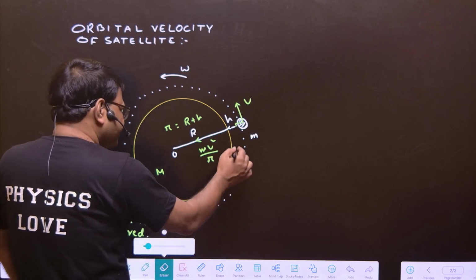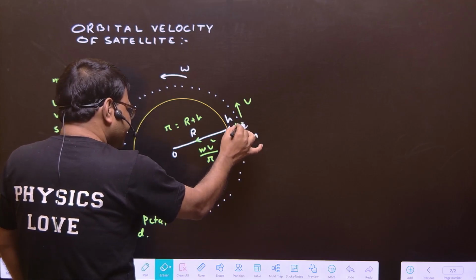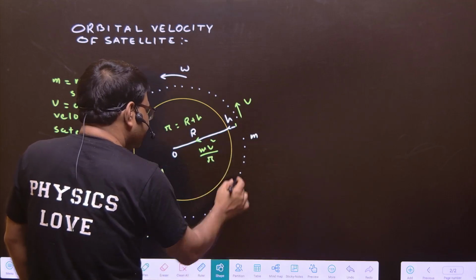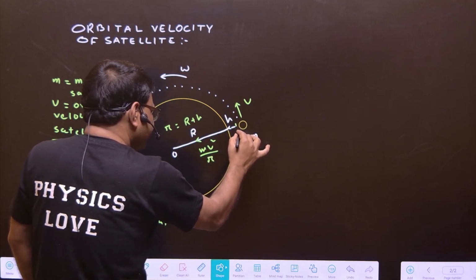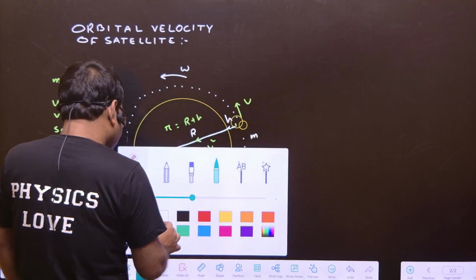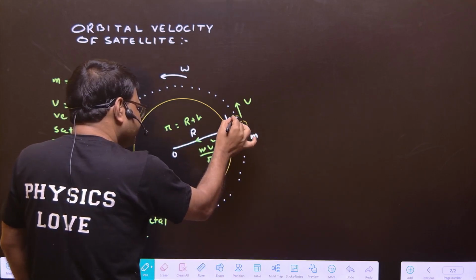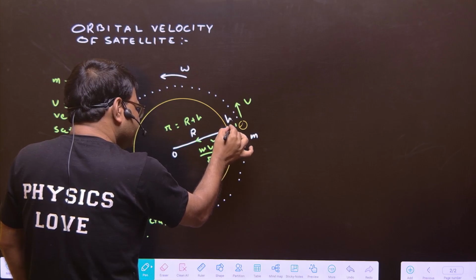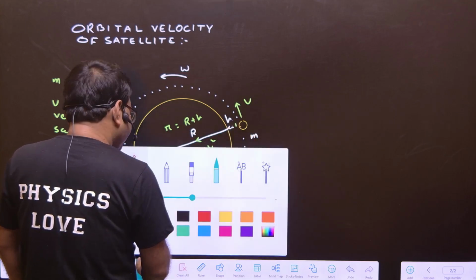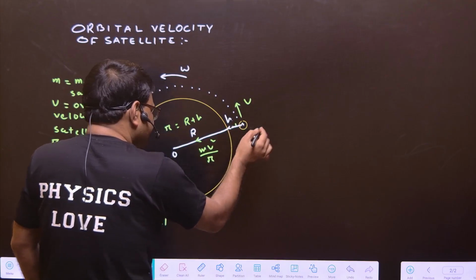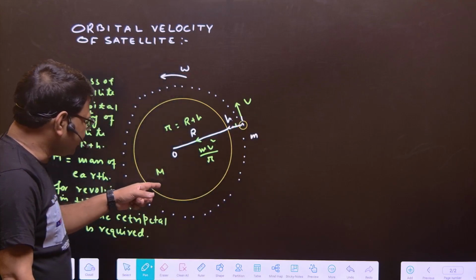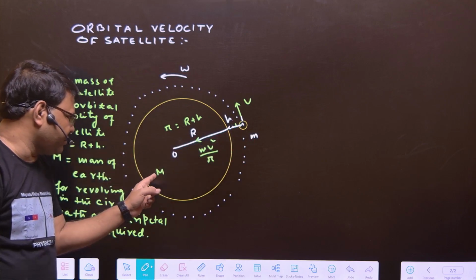Now see, let me erase here. Assume this is the satellite here. Okay, this is the satellite. Clear? Up to this distance. Sorry. Now see here, this mass is small m. This is the satellite. Clear? Now see, this distance is h, and r plus h is the total. This is the satellite having the mass m. So the gravitational force between the satellite of mass m and the mass of the earth.